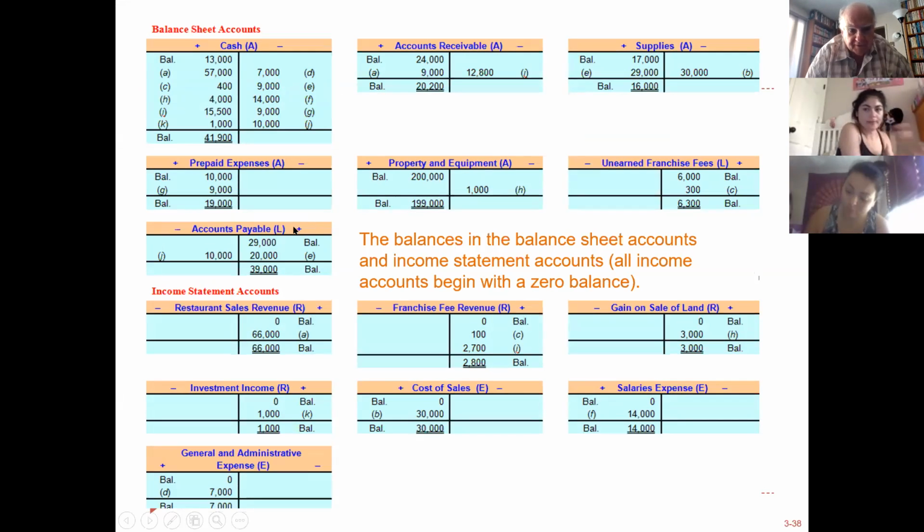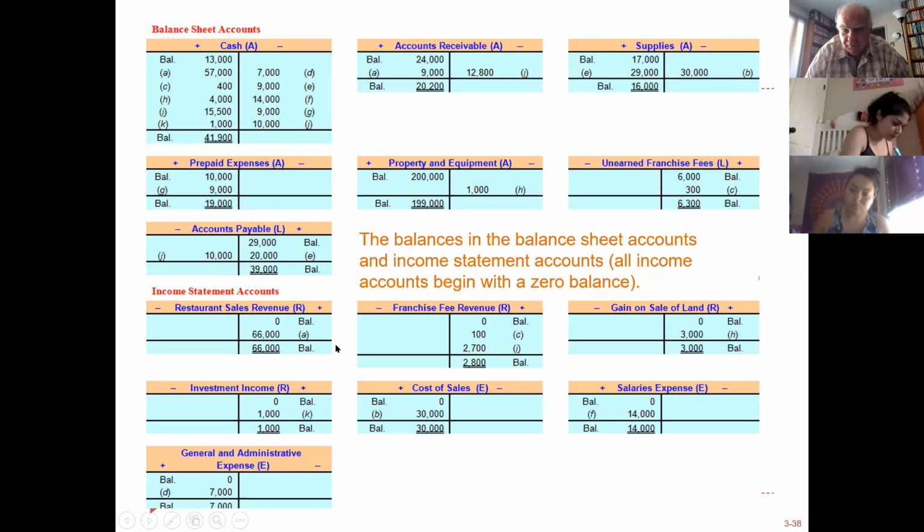Look at your liabilities. You have two of them here. Accounts payable has a credit balance of 39 and your unearned revenues. The unearned revenues, you don't owe anybody money. The whole point is you've already been paid in advance. You owe insurance. You owe a concert or something. Magazine subscriptions is a good example of prepaid revenue.